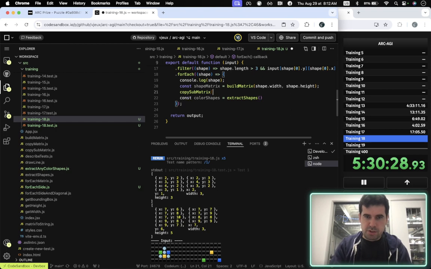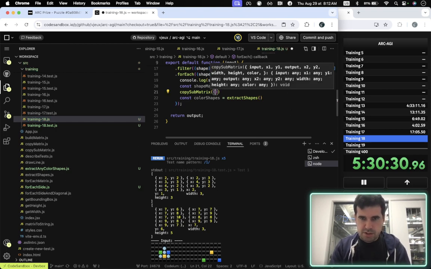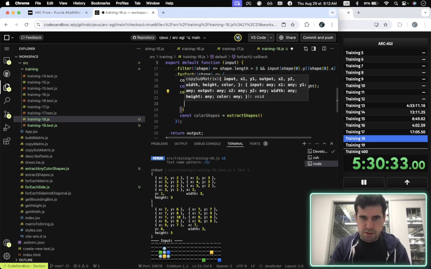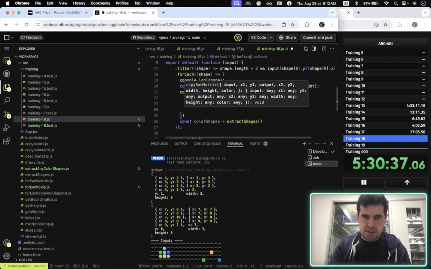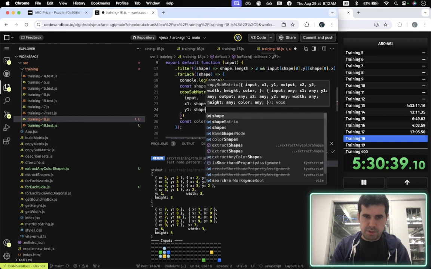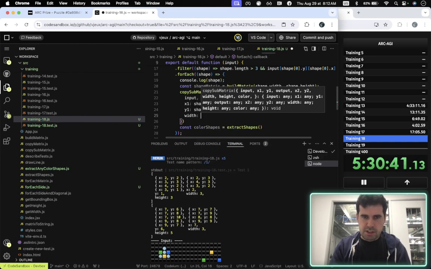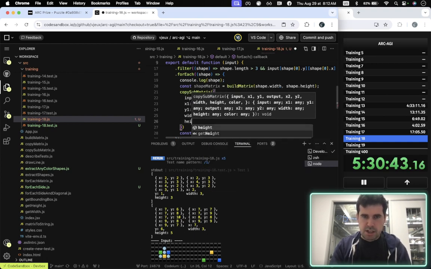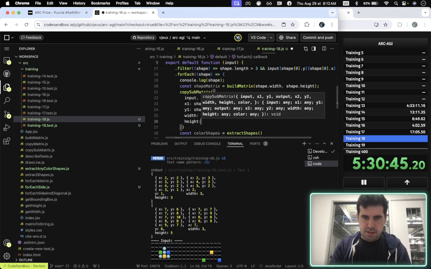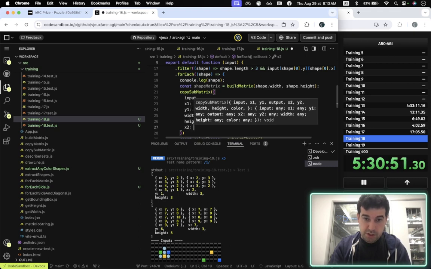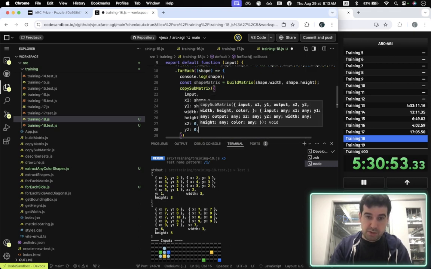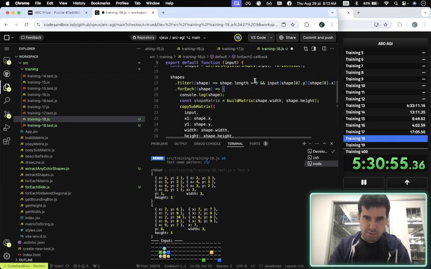Okay, so we want to copy sub matrix. The input is the input. The x1 is shape.x, y1 is shape.y, width shape.width, height shape.height, and x2 is going to be 0, y2 is going to be 0. Okay, and I probably should